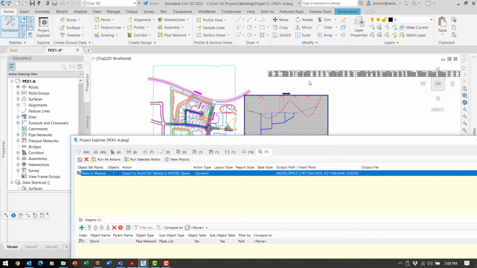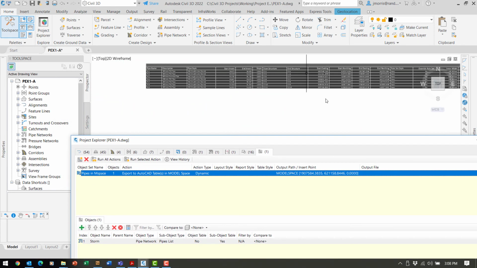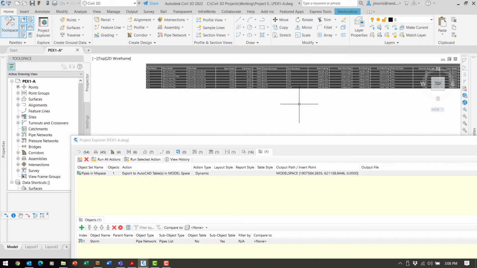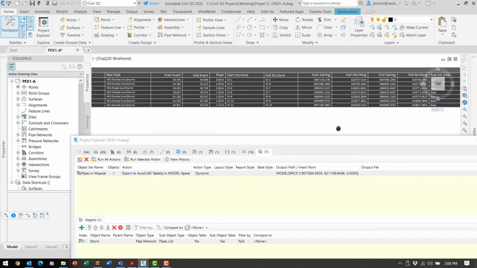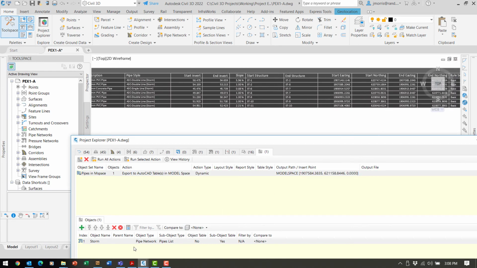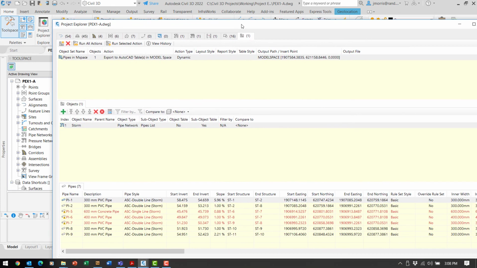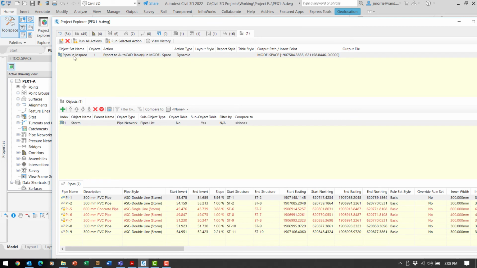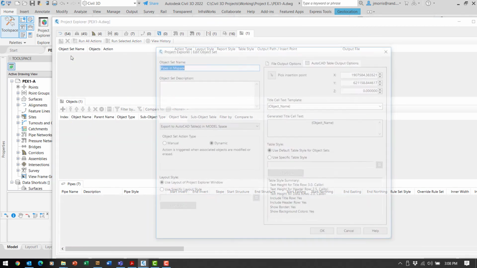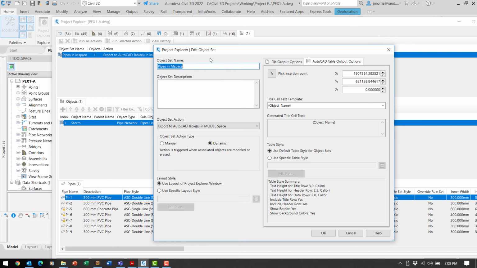And if I look in the drawing and model space, we see the table with the pipes, not the object type, which is the storm sewers, but there are way too many columns, and we want to modify the layout a bit. So I go back to my object set name, pipes in model space, double click on that to edit, and our edit object set opens up